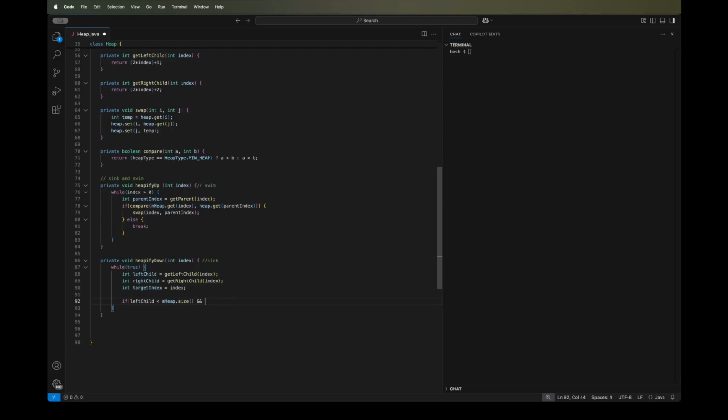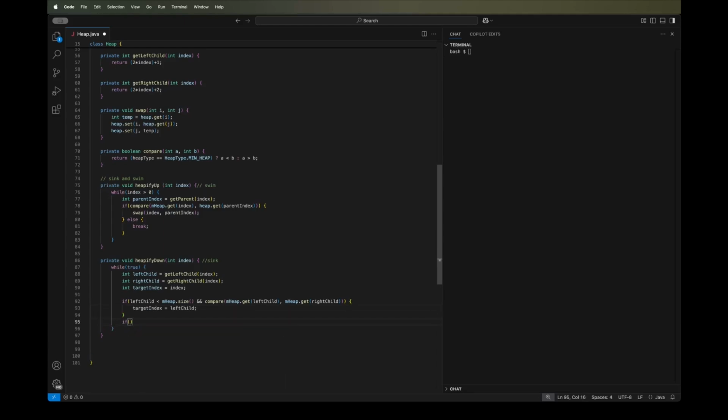It is mandatory to check for the boundary conditions and compare the left child and the right child. If this is the case, then target will be left child,